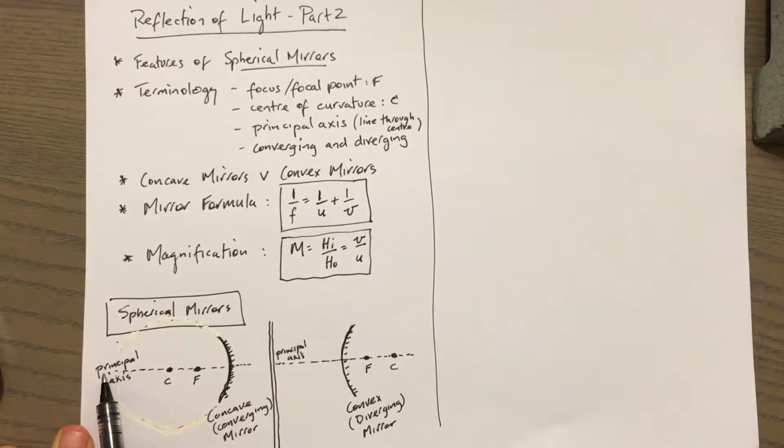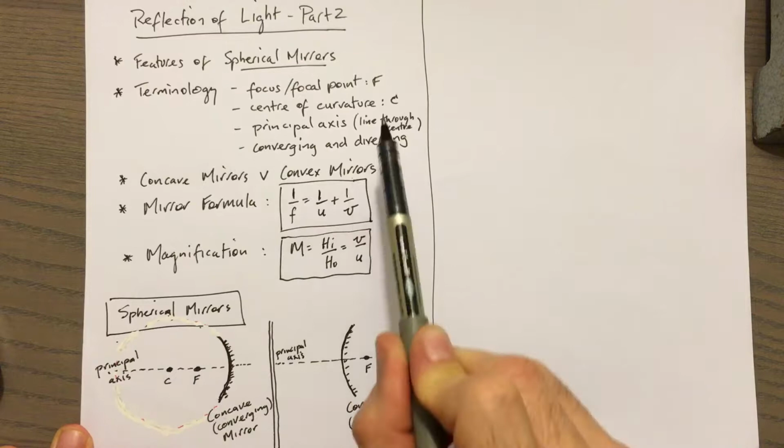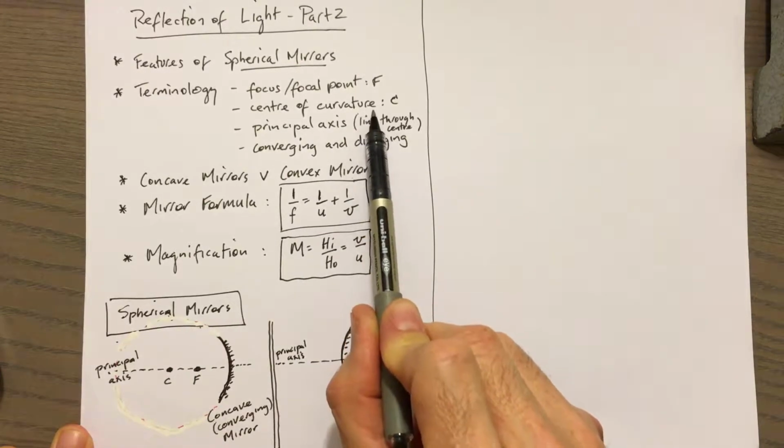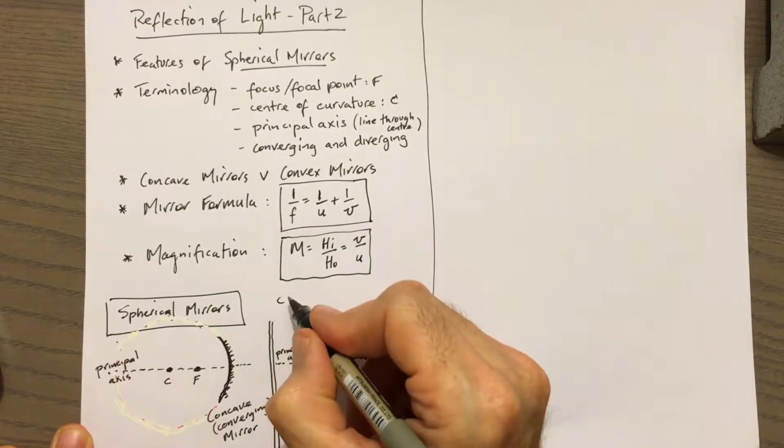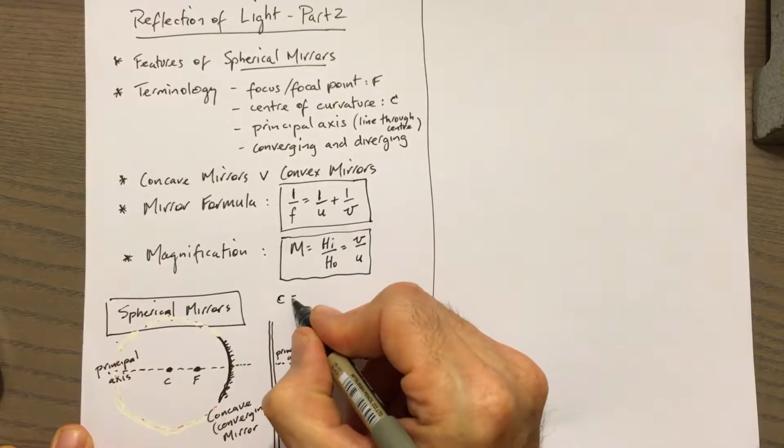The principal axis is the axis that runs through the center of the sphere or the circle. We call that point the center of curvature, so that's essentially the center of the sphere. And we have this thing here called F, the focal point or the focus. It is halfway between the center of curvature and the actual mirror. So we can write a little formula here, can't we? We can say that C is equal to